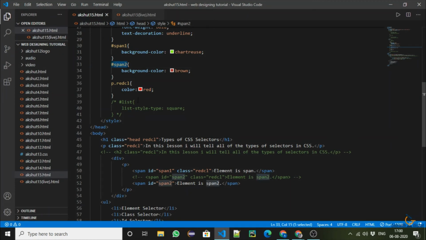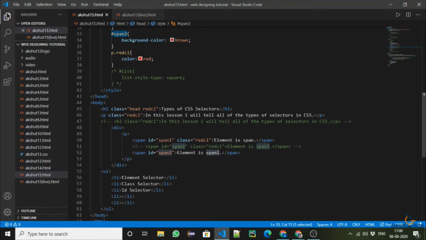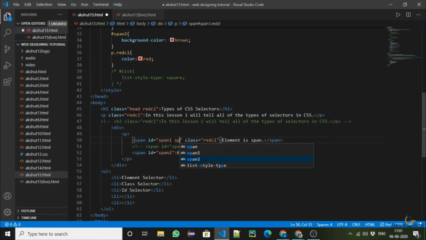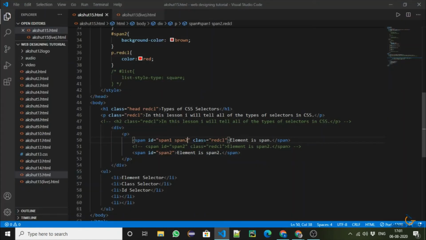Okay, so I hope you understood this also, but let me tell you one more thing here. If you put two names in one ID, it would be confused and it would give an error. Like, I am a boy, so boy is a class, for example.